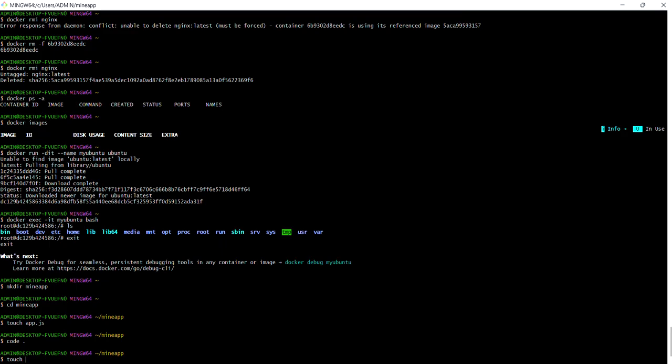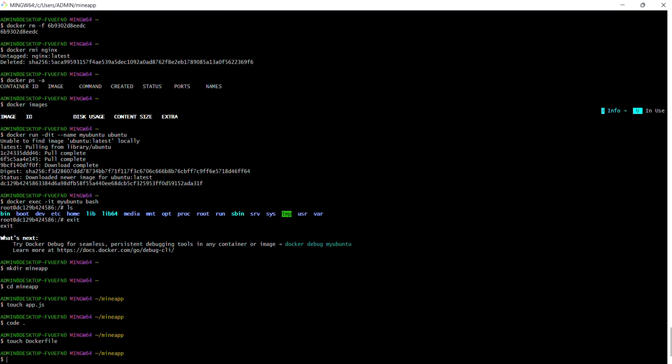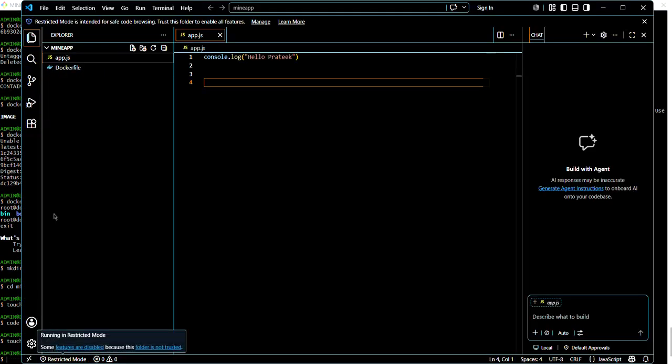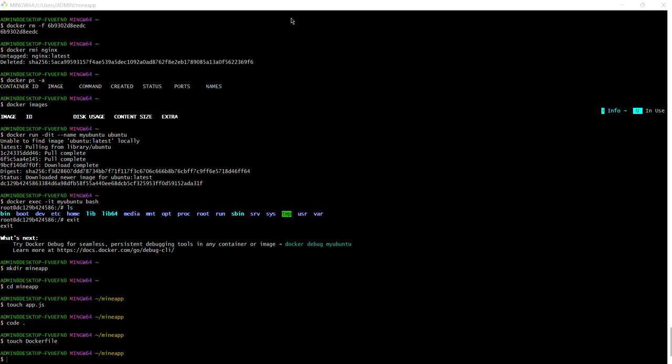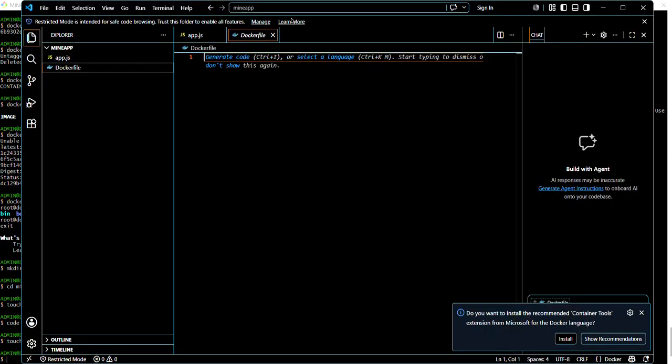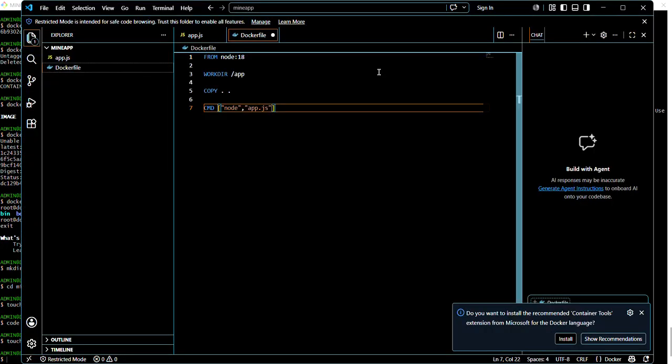Right. So the Dockerfile is going to be created. Yeah. We need to insert certain commands here. So I will show you what that is. So this is that. We need to paste it here.